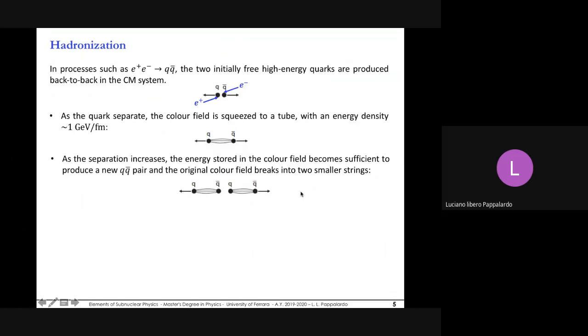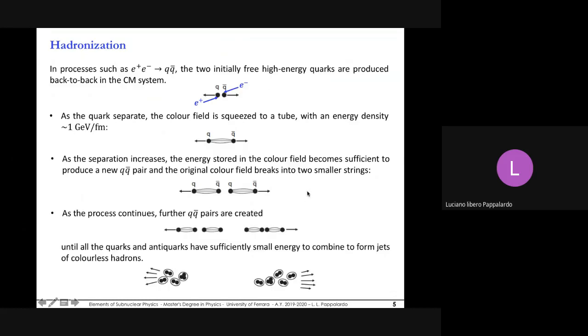Again, now this quark-antiquark pair tends to get far away. And so each of those, when the energy becomes sufficiently high, again generates a new pair of quark-antiquark. And so you split once more your strings, okay? So at the end, you obtain a relatively large number of quarks on this side and a relatively large number of quarks on the other side,